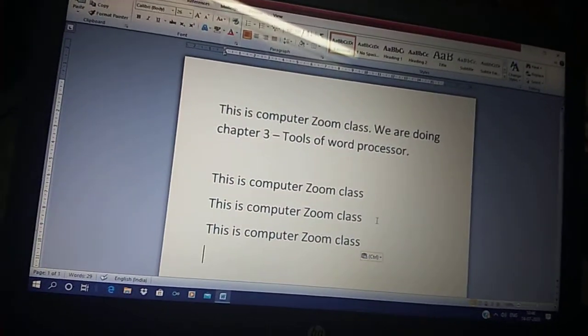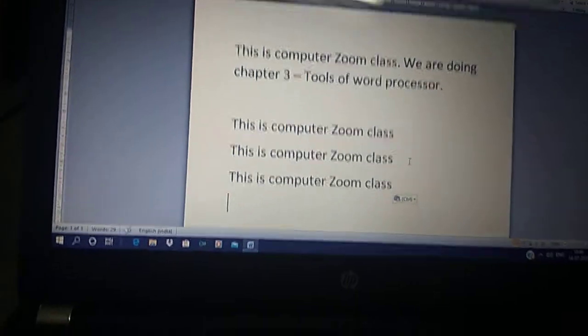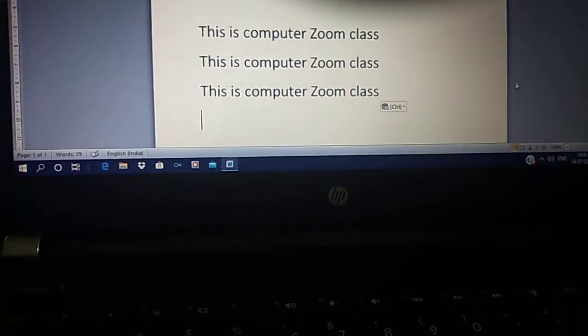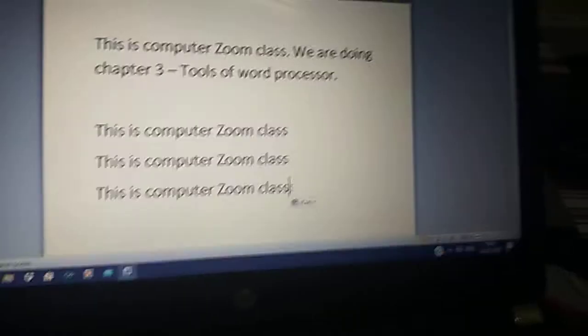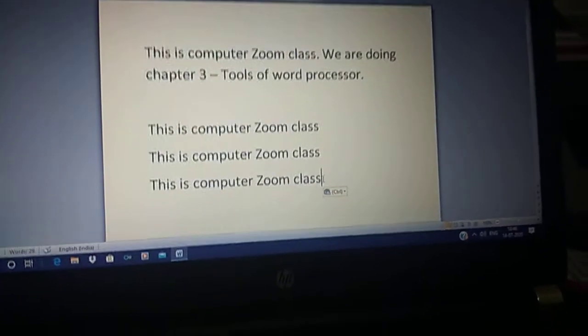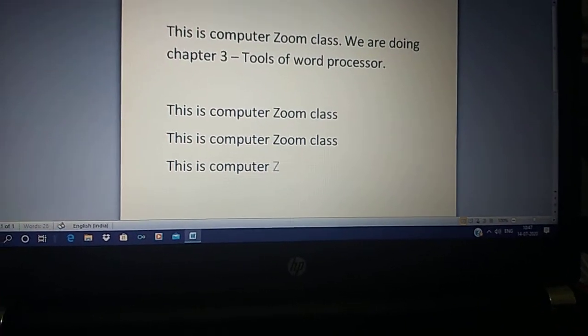Next topic we have done today was of deleting the text. To delete the text, there are two buttons. One is your backspace key, second is your delete key. You can either place the cursor, suppose I want to delete this, you can use backspace key, and when you press the backspace key, the characters to the left side of the cursor will keep on deleting.